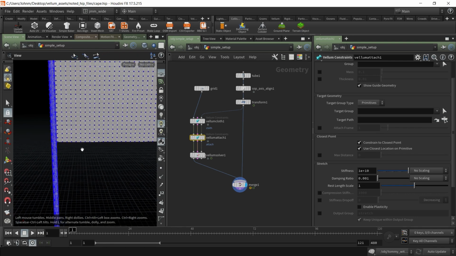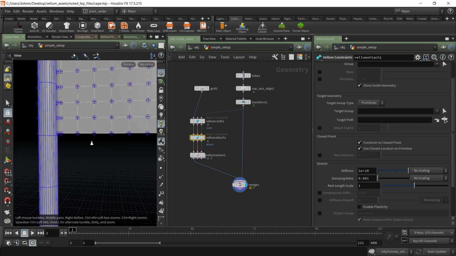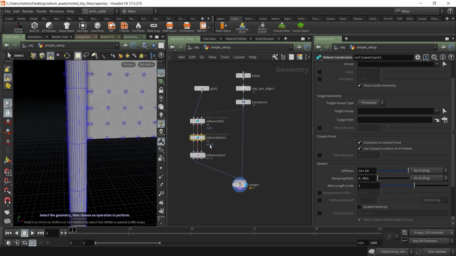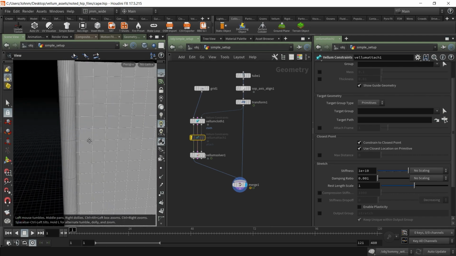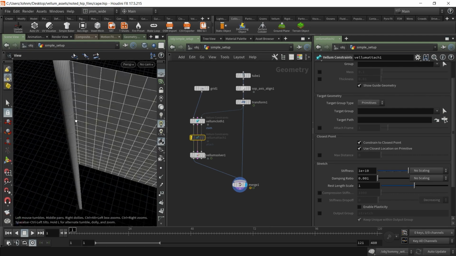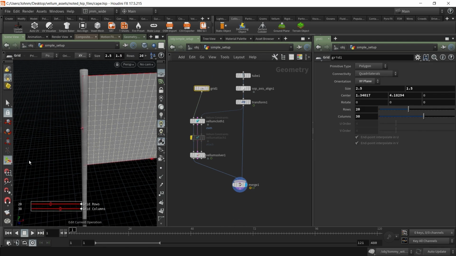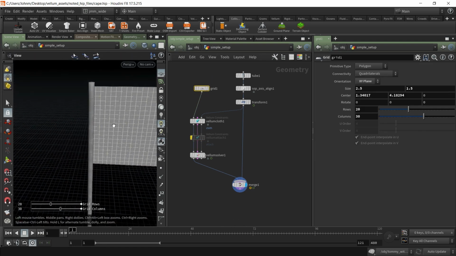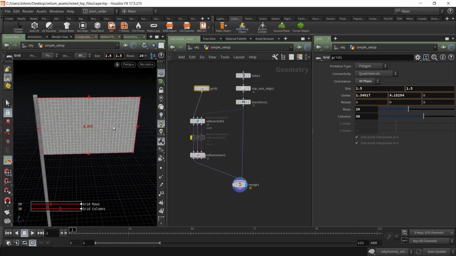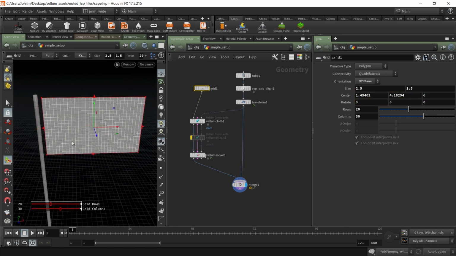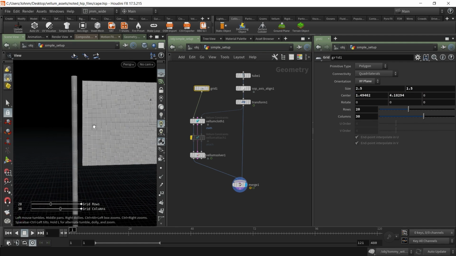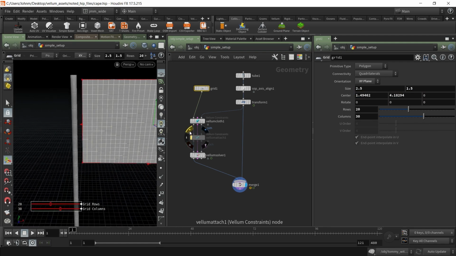And by that, what I mean is that if we look here, before we do the Vellum attach, our cloth is actually sitting right inside or on our flagpole. So let's move our grid a little bit away. So I'm just going to grab this, and I'm just going to scoot it away from the pole a little bit, okay? I'm doing this so we can illustrate how these constraints are working. When I turn this on,